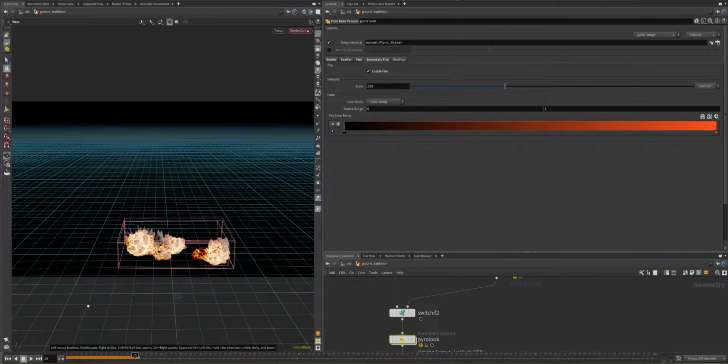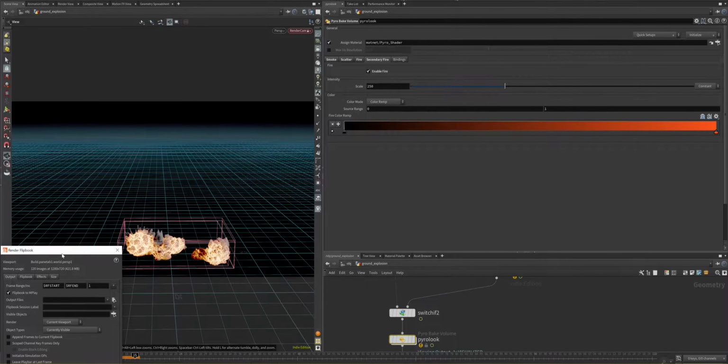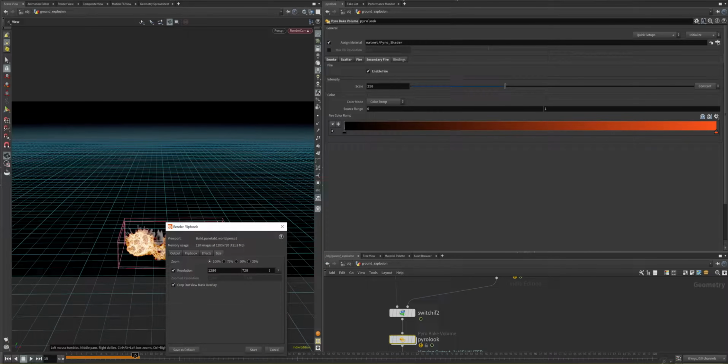So I will do a flipbook for you to see all the beauty of this explosion in the viewport with ICO and ACES enabled. So to make a flipbook, for all those who have no idea how to make a flipbook, we have this little flipbook sign here in the left corner, and we go with a right click, flipbook with new settings, and we want to make the size to HD 1080,